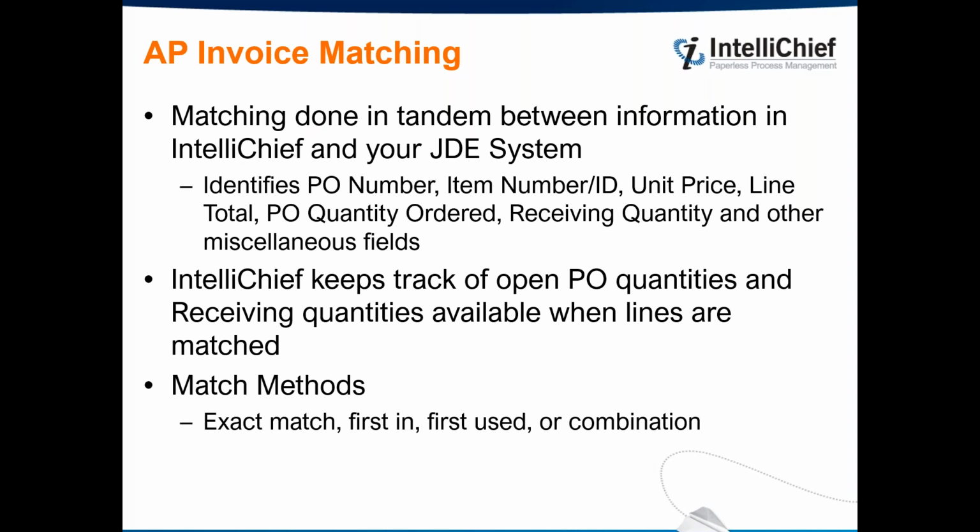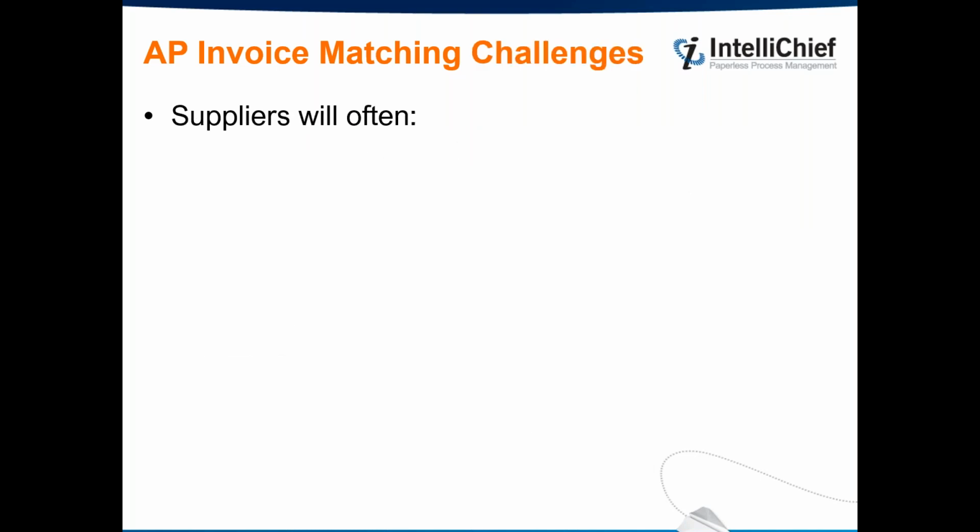We can do first in, first out. We can do a combination. We can apply a dollar amount or a percentage variance based on the type of invoice. So that's invoice matching. Some challenges that you might often see, we see them in working with companies like yourself,